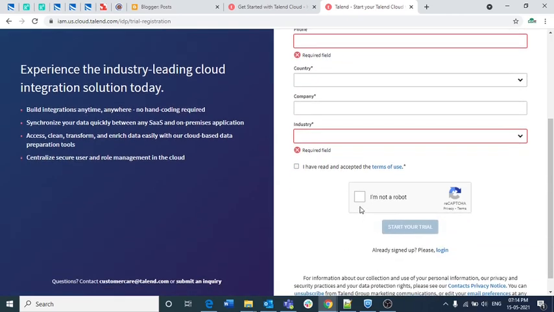Once you are done with it, click on I am not a robot. Once you've done that, the start your trial version button will be enabled, and you click on it. I am not doing all these steps because I have already created an account just today itself. Once you click on start your trial version, one email will be sent to you,